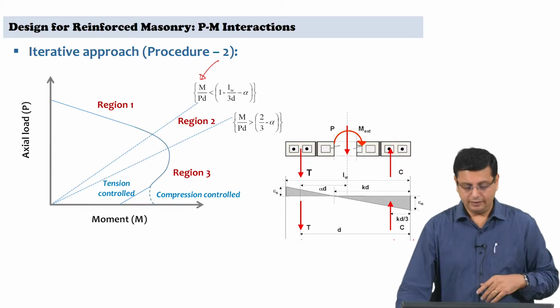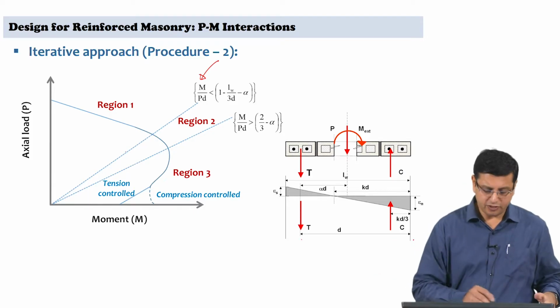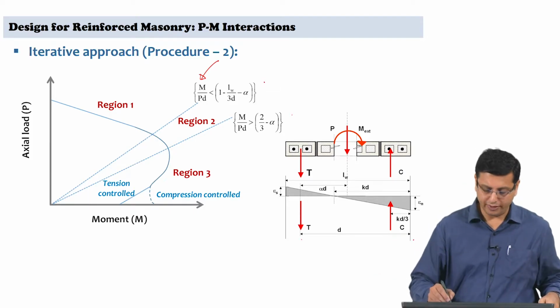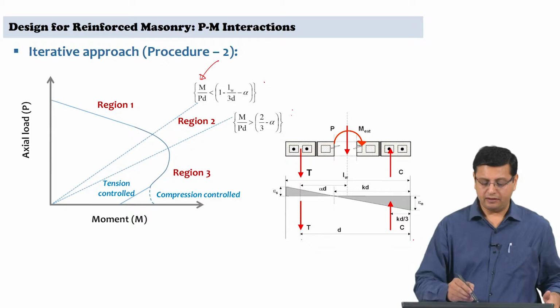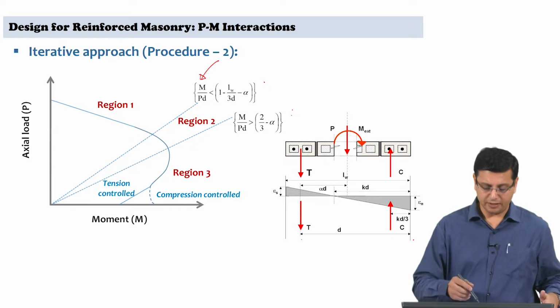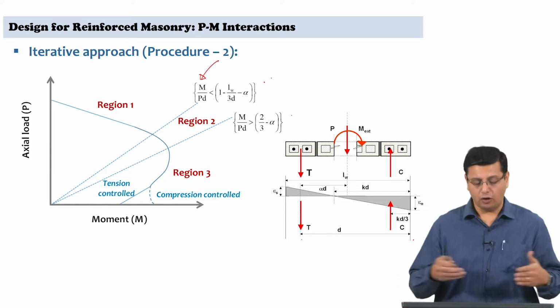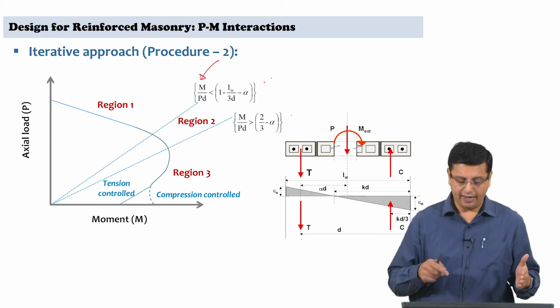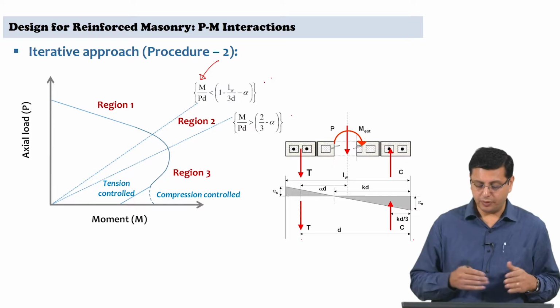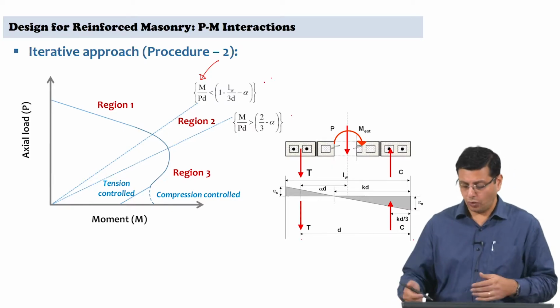So, that is the basis with which you have these two straight lines expressed in terms of the non-dimensional parameter M by PD with respect to the geometry of the wall and the length of the wall, Lw,